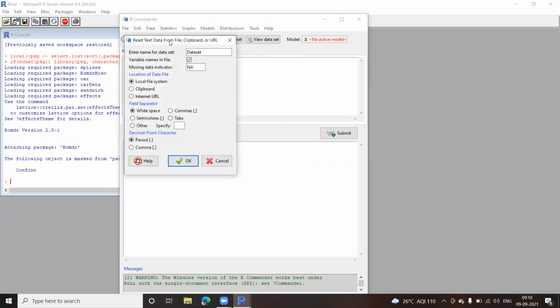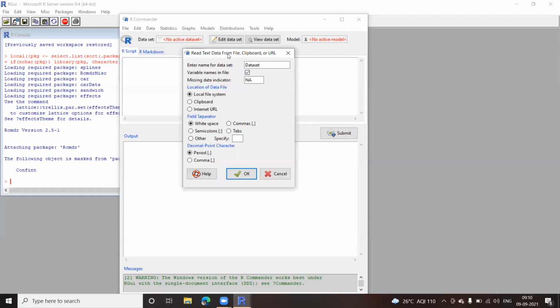Okay. Now it will ask me to create a data set. So I need to give a name to the data set. The example which I'll be taking is based on soil moisture. So the name which I want to give is, let us say, cover moisture. So I'll delete this one. I'll say cover underscore moisture. Okay, that's the name I'll give to the data set.